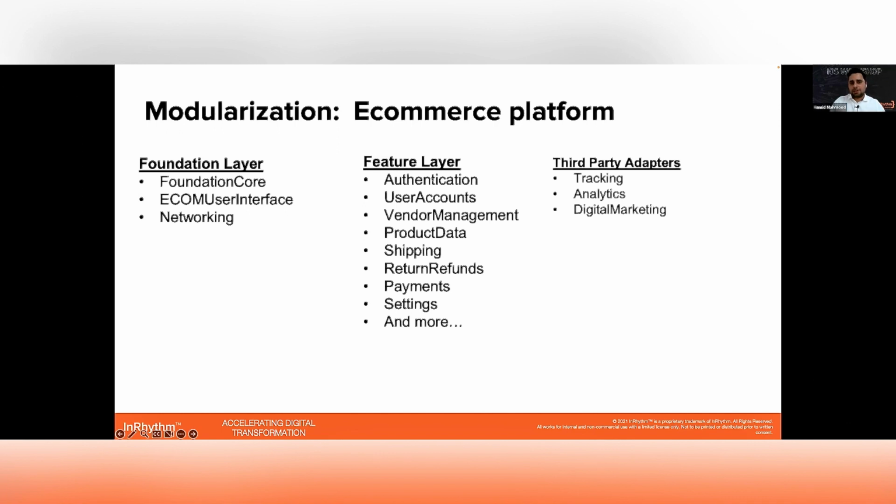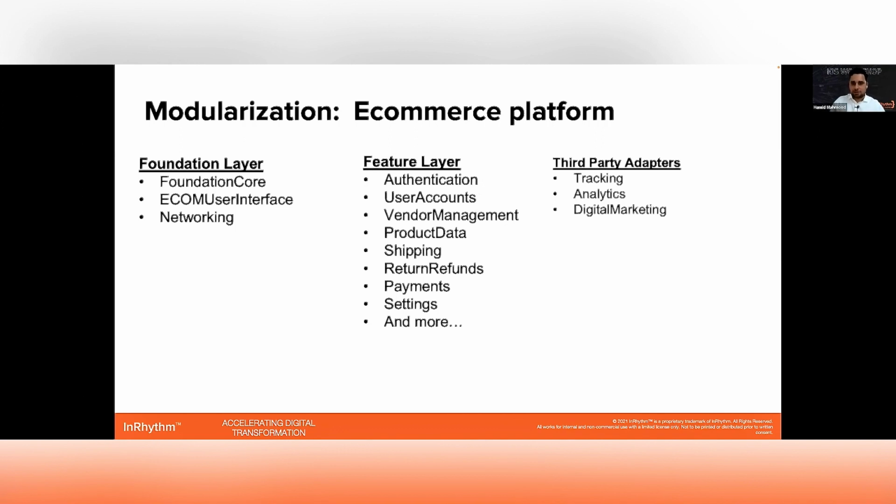Moving to the feature layer, as I mentioned, this is a common sample of an e-commerce platform. You would definitely need authentication. Your login, sign up, two-factor, anything, put it into your feature layer. User accounts: make sure all your user account management is in a separate framework, which is another feature framework. Vendor management: any code related to the vendor should go into vendor management. So when you need to scale it or remove it, you can easily add or refactor your code base in